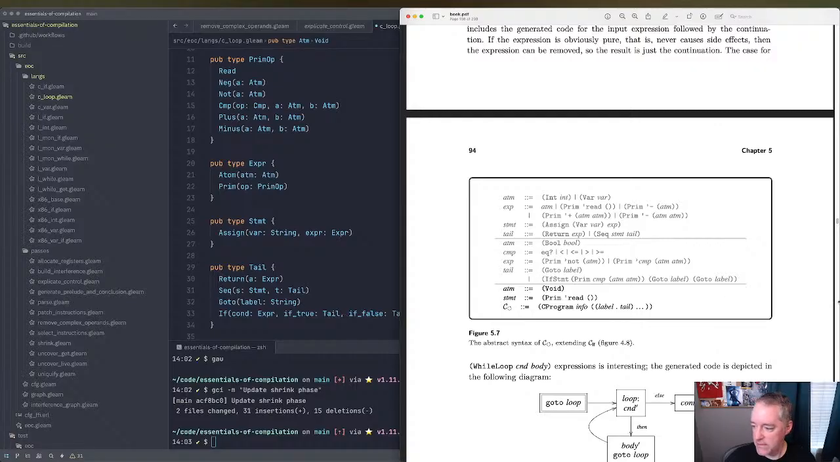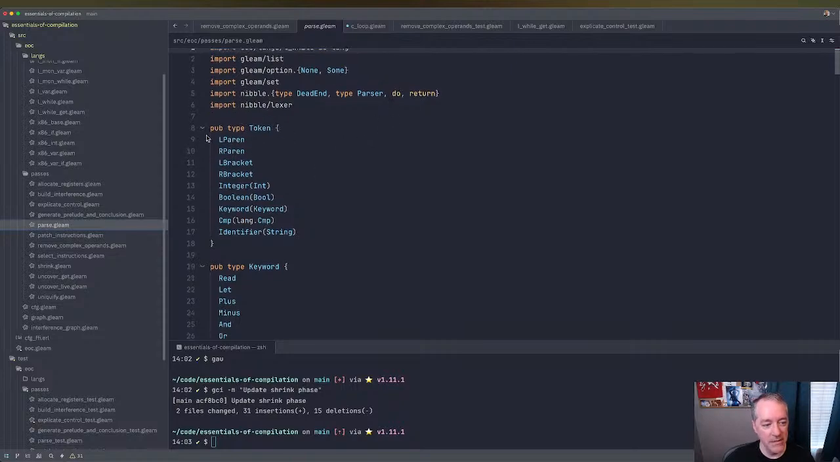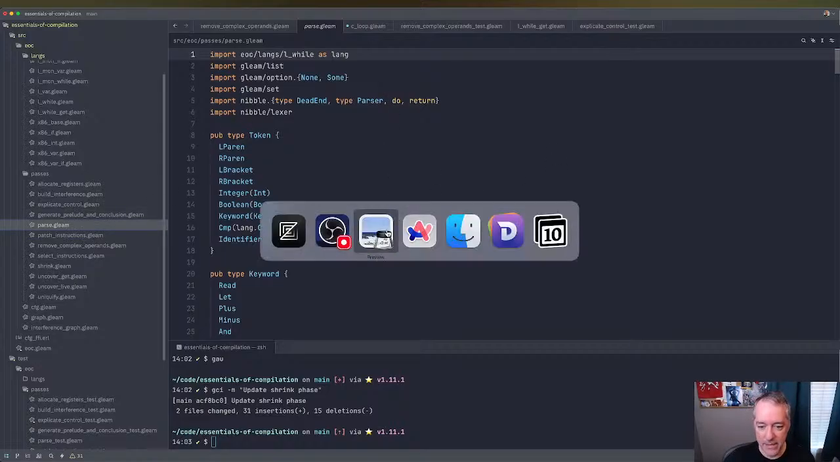Which makes sense. So Ethan, welcome to the stream. Is this a parser of sort? No, this is a compiler. We do have a parser in it. So we have this parse pass, which is using Nibble by Haley. If you are familiar with any of the Gleam ecosystem, Nibble is a pretty neat library. So we do have a parser, but the goal of this is we're going through this book,